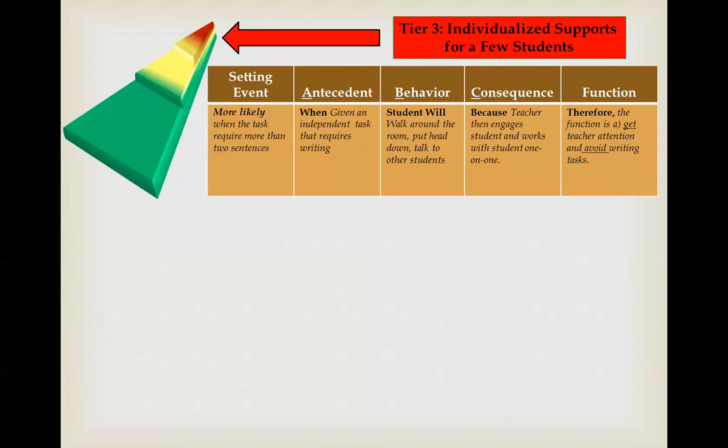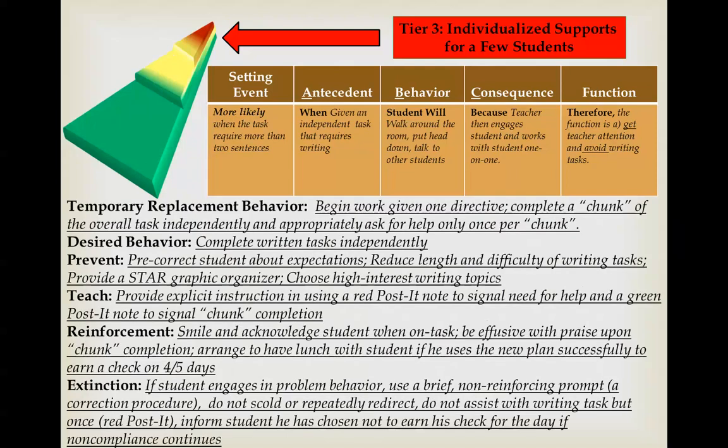Here at Tier 3, that would become the basis by which we are building the BIP, which might look something like this. It's a little different format than the other two because there's more content now to delineate what the preventing, teaching, reinforcing, and extinguishing strategies are.